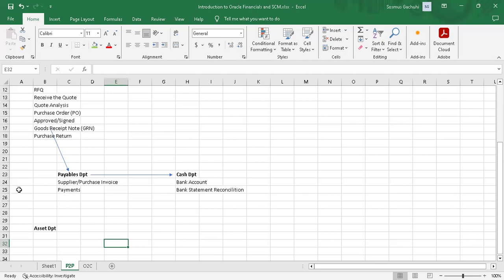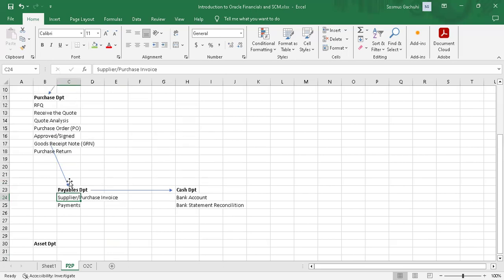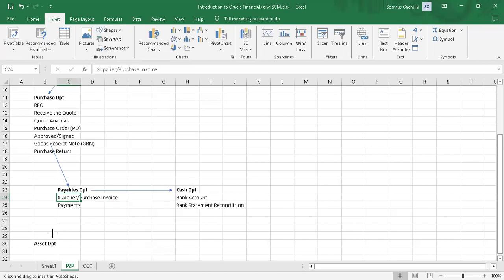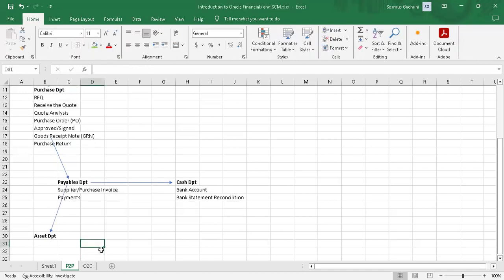So even though the process will be the same in the nature of procuring until you receive that vehicle, and you also communicate that you have received the vehicle to the payables department, you also need to communicate that it's not just a payment you are making or an expense you are making. You need to communicate to the asset department that they need to maintain or capitalize this expense as an asset. So the moment we are purchasing an asset, the payables department has to communicate with the asset department,